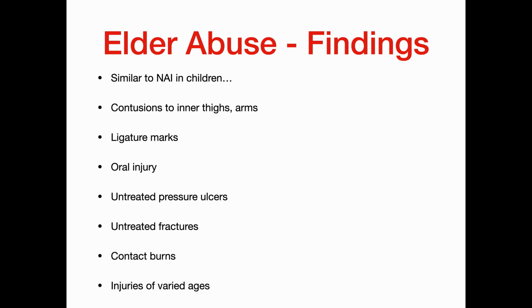The biggest clue, similarly to your children, is next of kin or relatives who don't really have an emotional response to your findings, and don't really seem to think that this is a big deal. It should raise your spider sense and make you want to know more. So if you do suspect it, don't stop until you're satisfied, and do escalate your concerns.